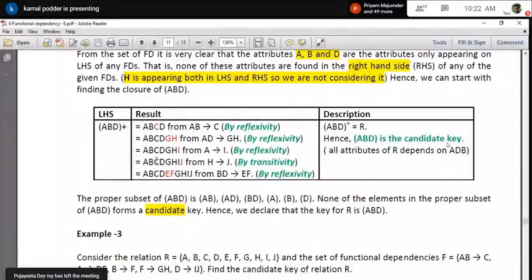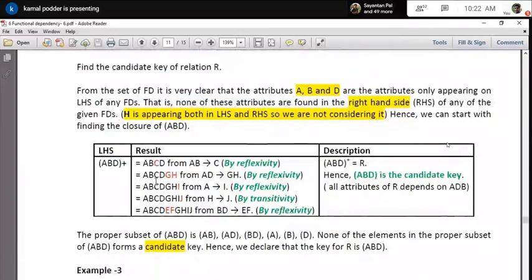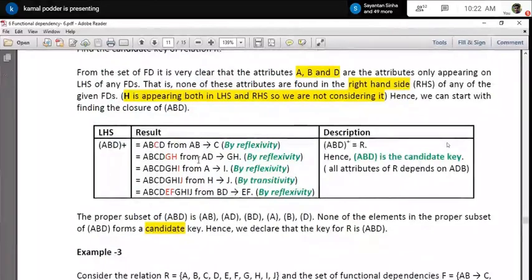Now you just see that I consider the first one, ABC, so naturally AB is already there. ABD I have included because as I am considering the closure of ABD, and AB is already there, C will be included. Similarly for ADGH, AD is already there, so GH will be included. In this way, one by one, you try to find out whether the left hand side is there or not, and if so, you include that. Okay, so it's a very simple algorithm. It's not a very tough algorithm.